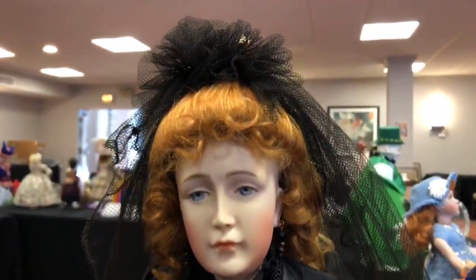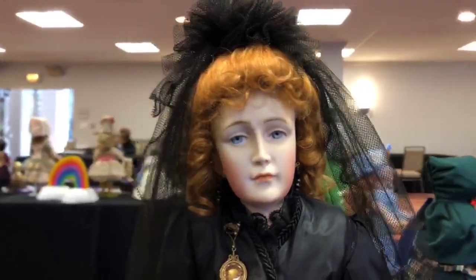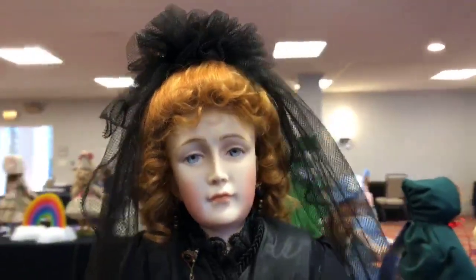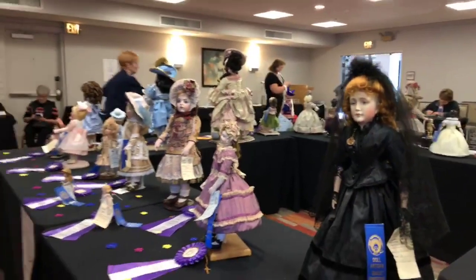This Widow is just fantastic. She is by Jill McGrady from California, but look at that. Just wonderful. And there's so much depth and just overall work and steps. How many steps go into when you pour the bisque? That's a lot. You have to pour the head, and